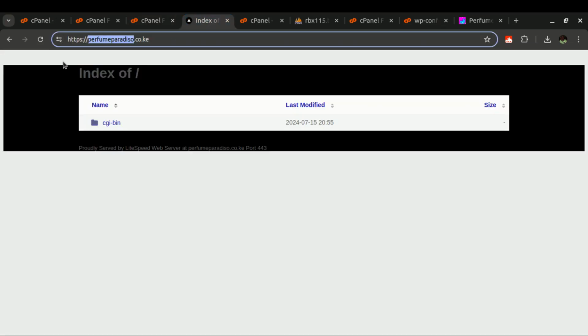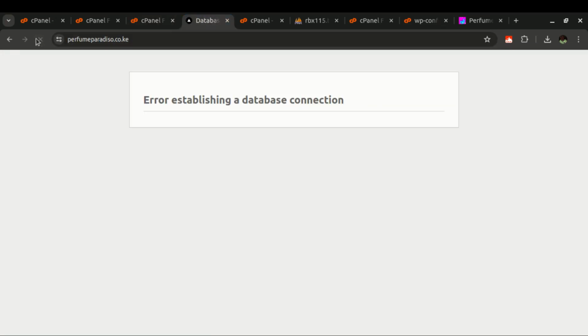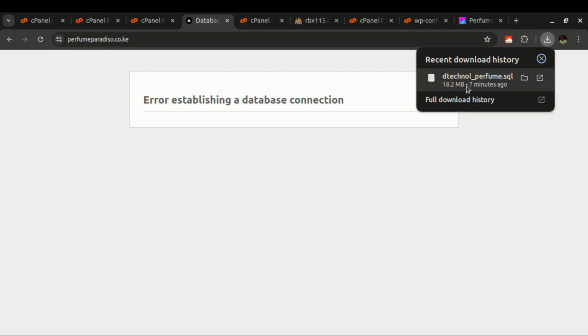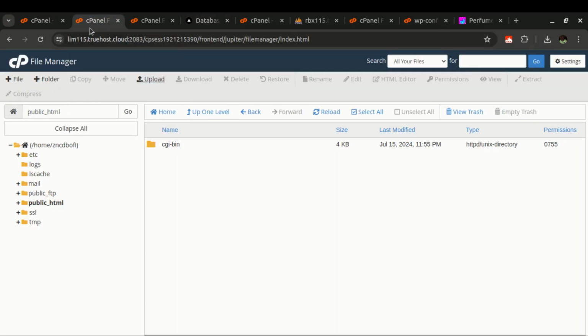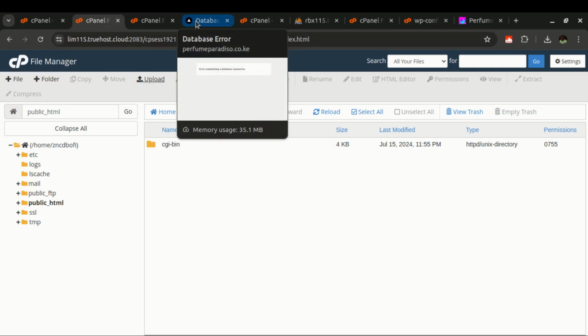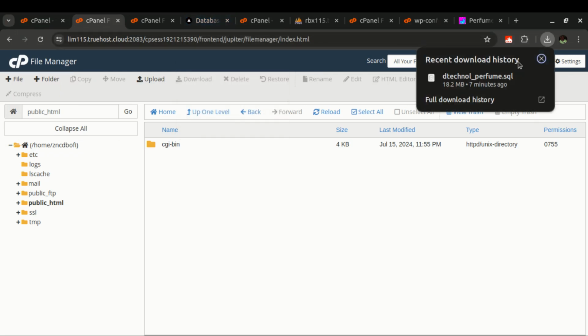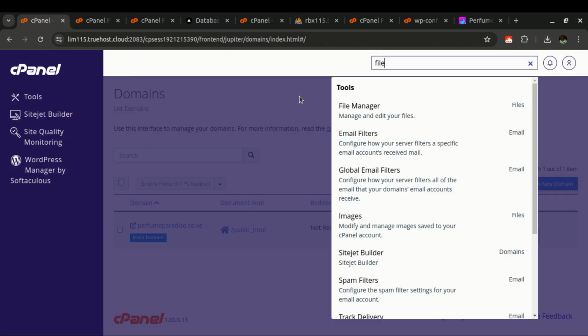If we reload our website, let's see. All right, so we see that there is an error establishing a database connection, but remember, we do not have a database yet for this particular website. Our database is currently in our local machine. All right, so the next thing that we need to do is to create a database for this particular website, then import what we have here. All right, so